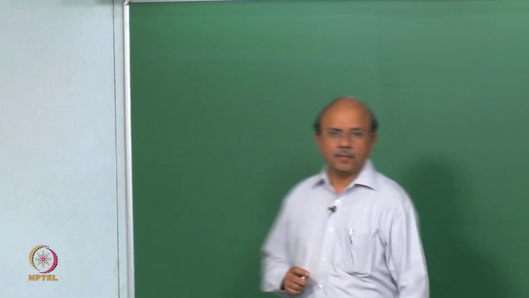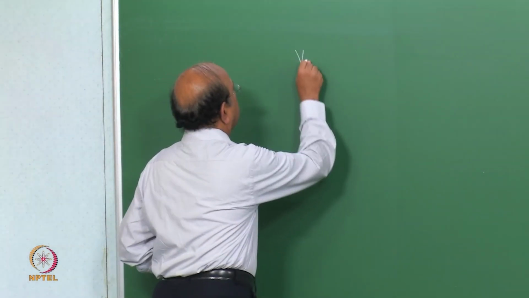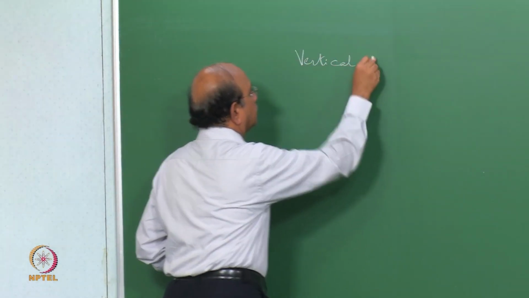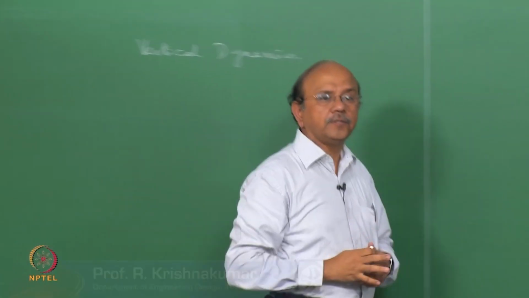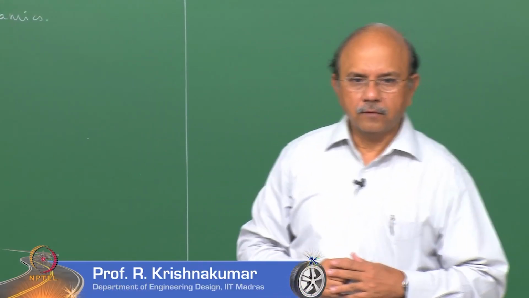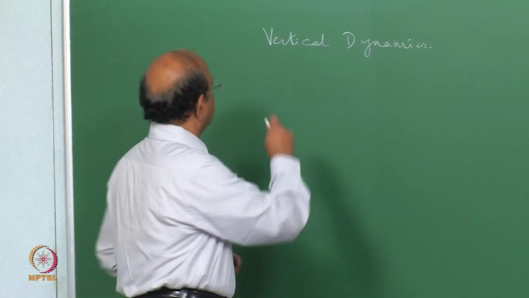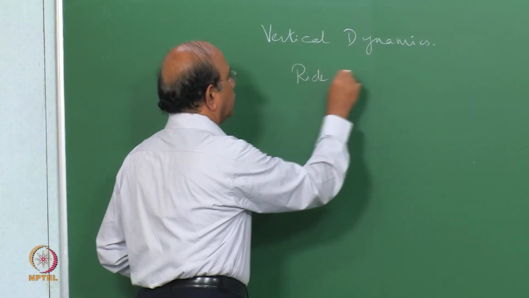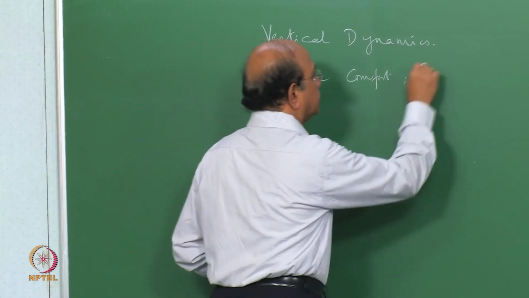We were looking at, or we started looking at vertical dynamics, and that's what we are going to do for the next 5-6 classes. We already noted that there are two important things that we have to look at in vertical dynamics. One is what we call ride comfort, and the other is what is called road holding. So ride comfort and road holding are the two important things that we are going to see in this